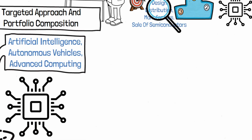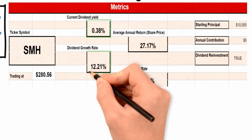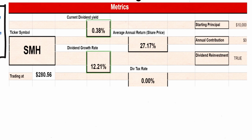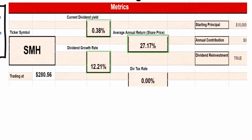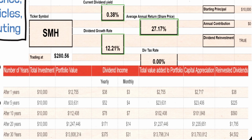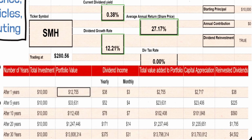Looking ahead, the future projections for SMH are exceptional. It offers a dividend yield of 0.38%, an average dividend growth rate of 12.21%, and an average share price appreciation of 27.17% over the past 10 years. An investment of $10,000 in SMH would grow to about $12,755 after 1 year. Over 10 years, this investment could expand to approximately